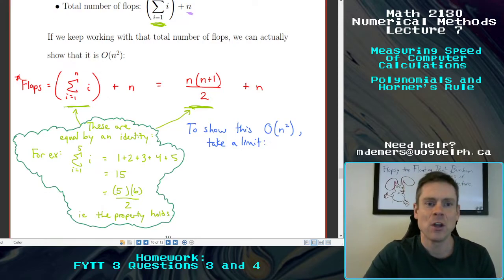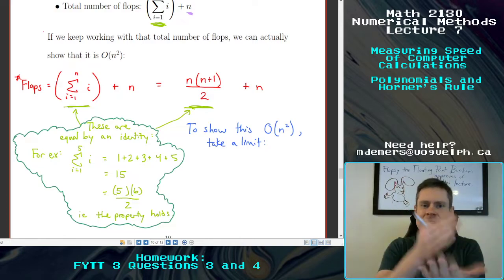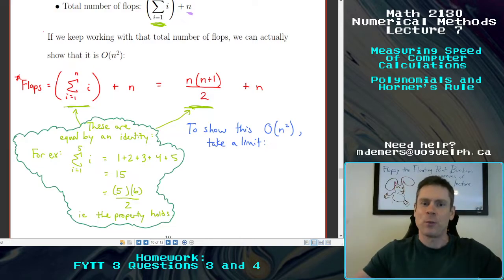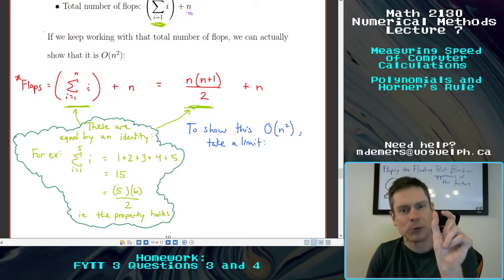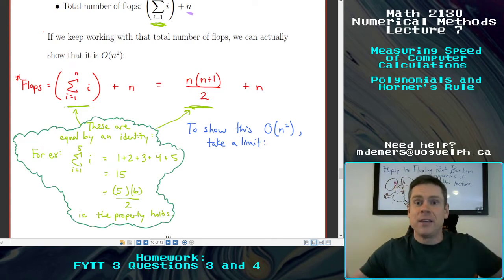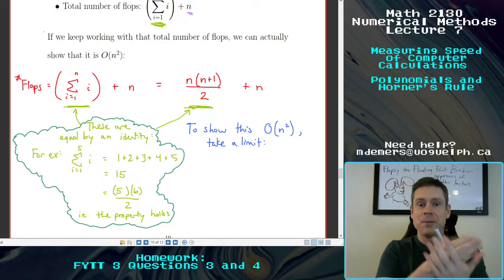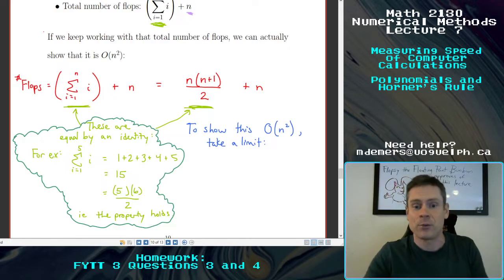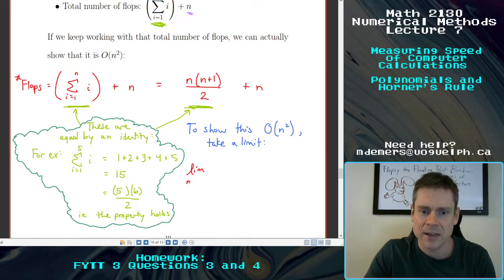Remember how this goes? We're talking about something that's away from 0 because it's a quantity of flops. That's like numbers that are growing with increasing amounts of n. So we're not talking about a quantity close to 0. We're talking about a large parameter that might, in general, be something that we treat with the other definition of big O, the one that uses the limit as n goes to infinity, that sort of thing. So we're going to use that, the limit as n goes to infinity of the number of flops, so that's